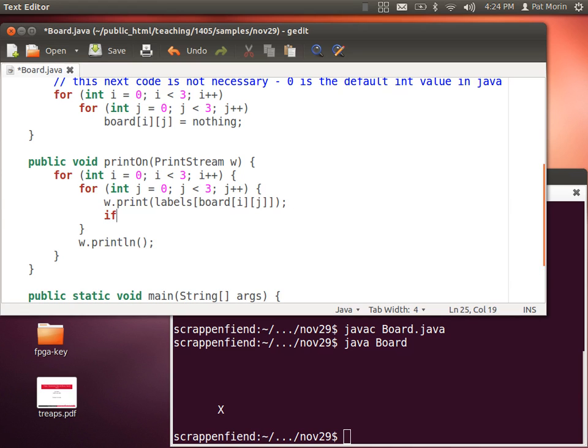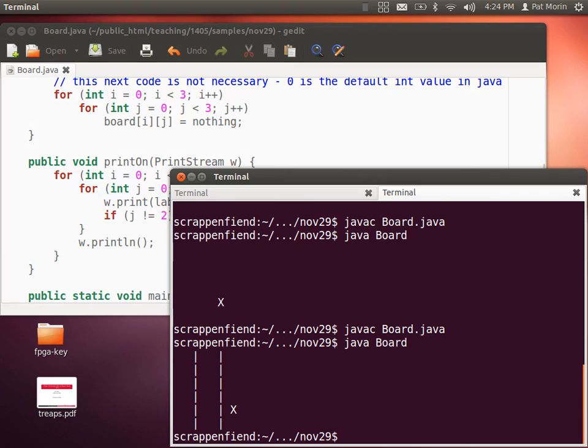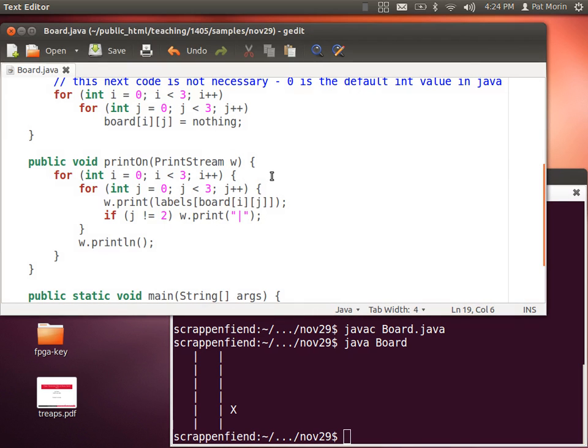So that would be if j is not equal to 2, right? This is 0, 1, 2. Don't do it after 2. Don't do it when j equals 2. So if j is not equal to 2, then we will say w.print a vertical bar. See how that works for us. Okay, good. So now we have our vertical bars, and we'd like some horizontal bars as well, and they would